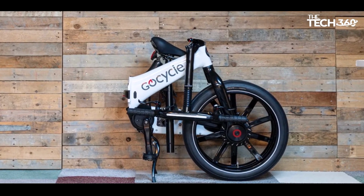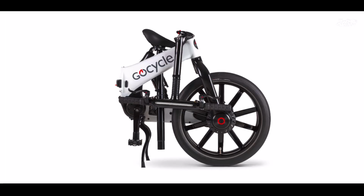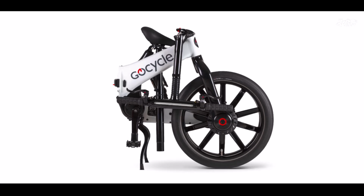Mechanical Microshifting. The GoCycle G4 features a mechanical twist grip, shifting through its 3 gears. Housed in the patented Cleandrive,